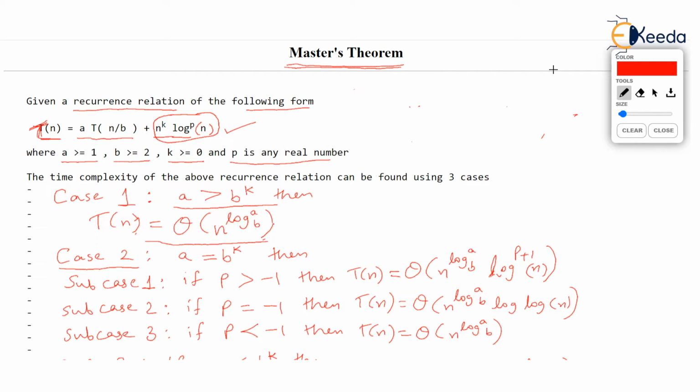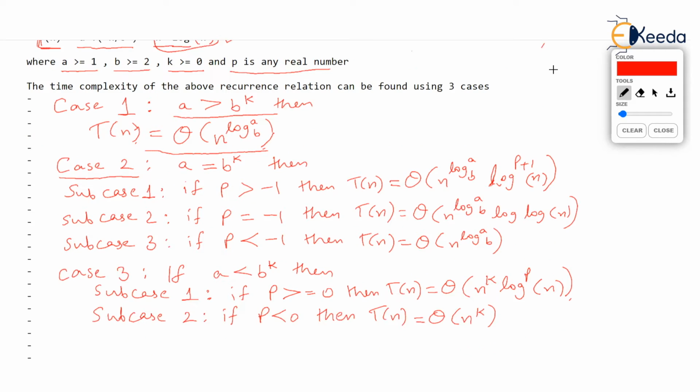If P is equal to -1, then T(n) is theta of n to the power log of A to the base B, times log n. And if P is less than -1, then T(n) is simply theta of n to the power log of A to the base B. I know there is no point in reading this. You can also read it by pausing the video, but still, to keep continuity in the lecture,